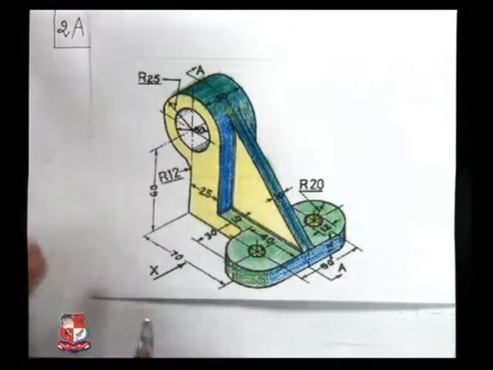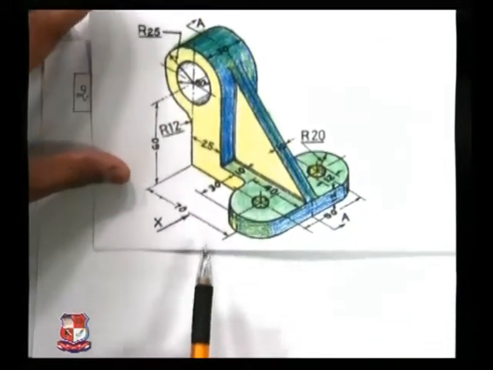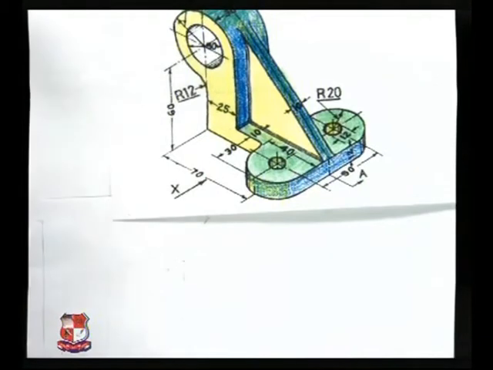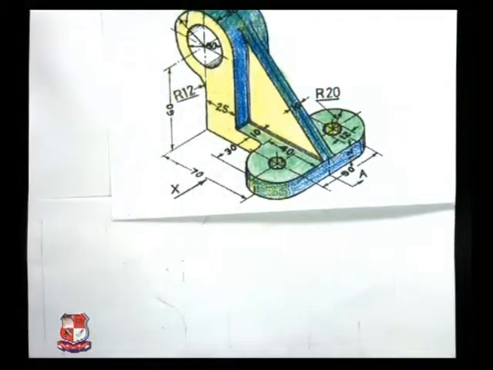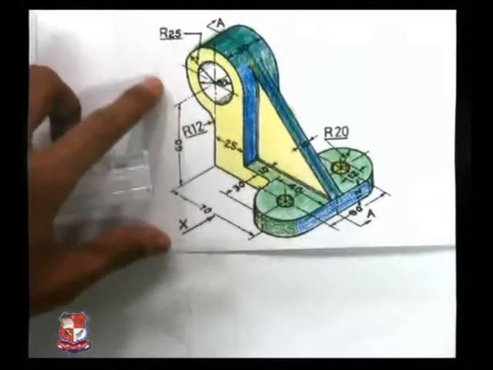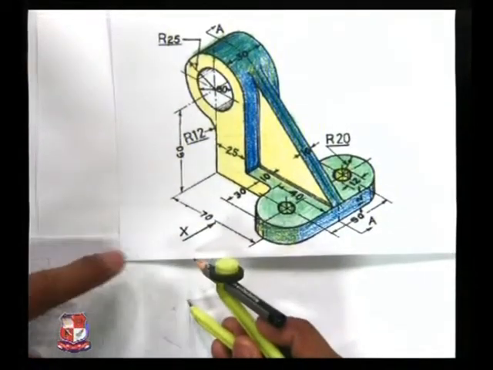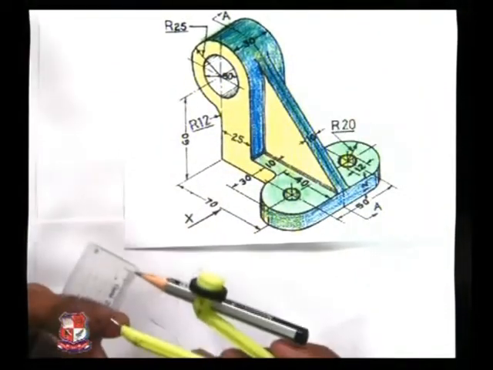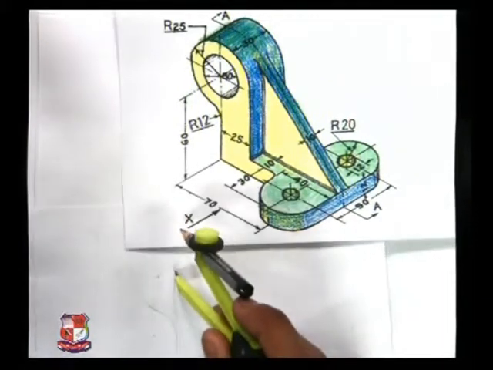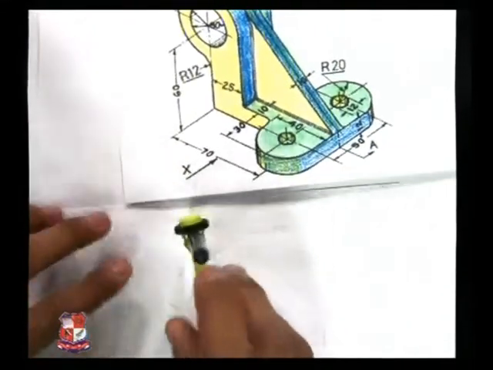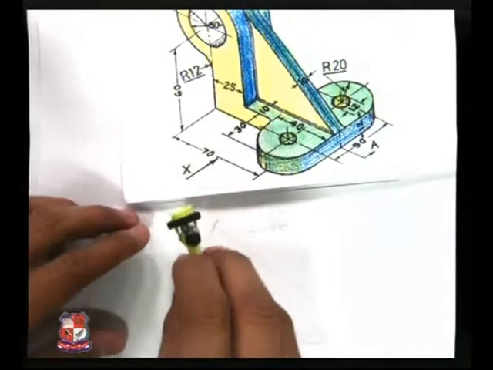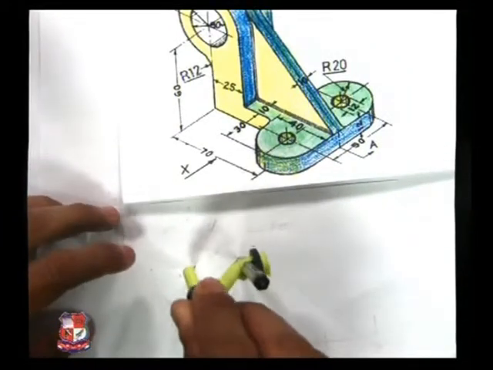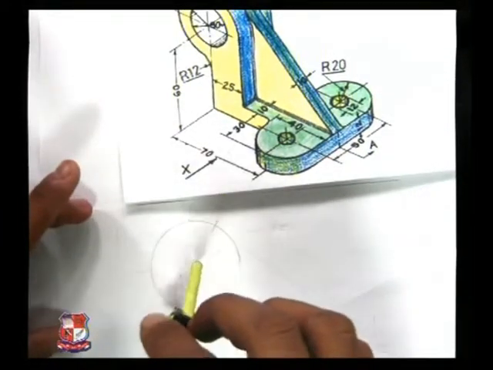So first we have to draw this circle, and the dimension of the circle is given to us, that is R25, radius is 25 millimeter. So to draw its front view, let me take the radius, that is 25 millimeter as given here. In here we can measure 25 millimeter, take any point over here as a first point, and draw a circle of radius 25 millimeter, as per the given data. Draw a circle like this.